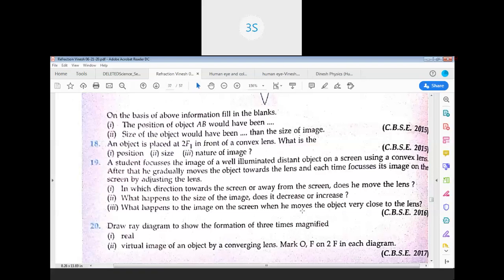For a convex lens, let us see the ray diagrams. Sir, at infinity the image is highly diminished, point like, and beyond 2f1 it is diminished. At 2f1, it is the same size as the object. Between f1 and 2f1, it is larger than the object, and at f1 it is highly magnified. And between focus and optical center, the pole, it is also highly magnified.